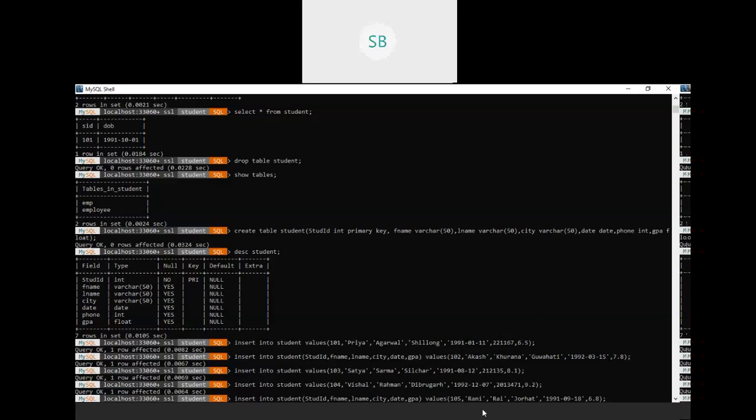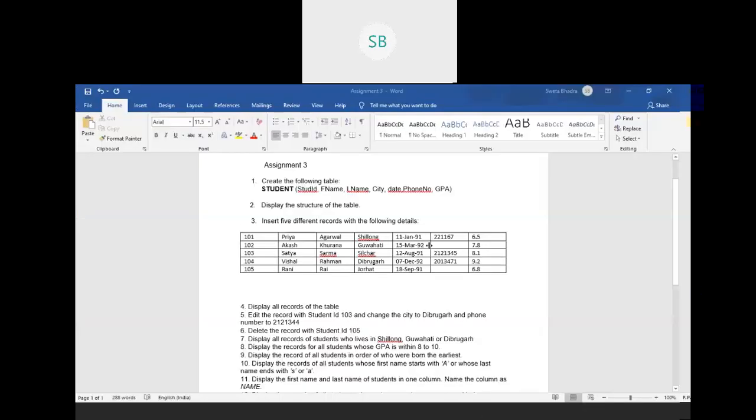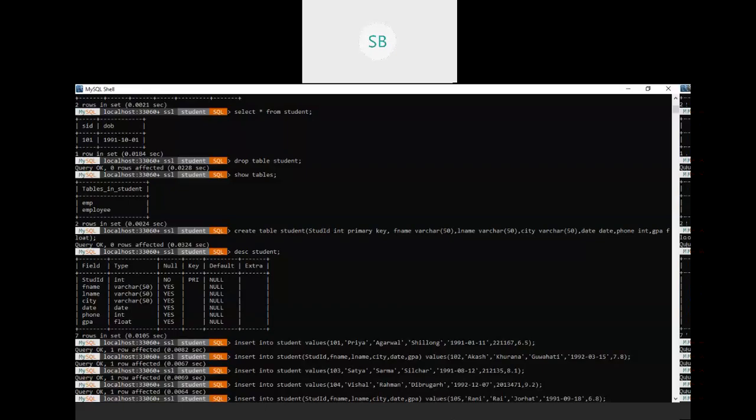Now in the next, we have to keep this one as empty. So what I have done is I have chosen the fields for which I want to enter the values, and then I have entered the values for them. You can do it in both ways. If you don't mention the attribute names here, it means by default you are going to insert values for each of these columns.